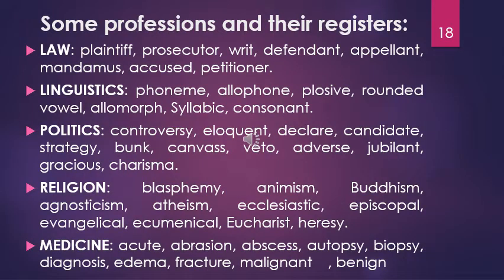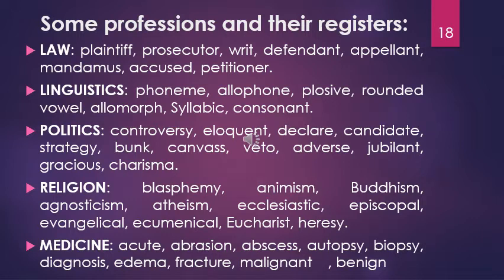Let us see some professions and their register. In agriculture, a word like crop rotation means a system of rotating crops on a particular piece of land, while shifting cultivation means a system of moving from one piece of land to another by the farmers. In literature, we have words like tragedy, which is a story or a drama that ends sadly. Example of Chinua Achebe's Things Fall Apart. A comedy is a play or a drama that ends happily with the protagonist almost always solving his problem.